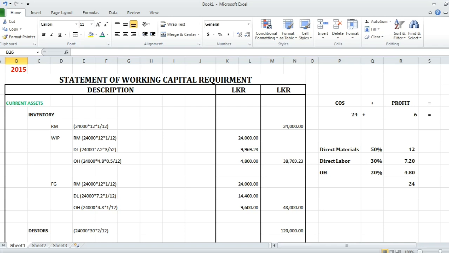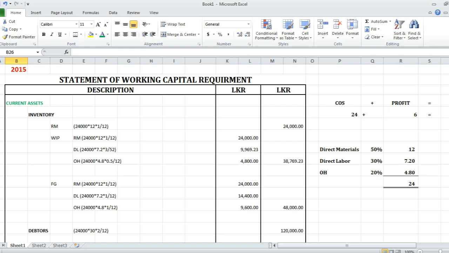Raw material 24,000 production units into 12 rupees direct material cost per unit into 1 month credit period, 1 divided by 12, and direct labor 24,000 production units into 7.2 rupees direct labor cost per unit into 3 weeks, 3 divided by 52 weeks. And overheads value 24,000 production units into overhead cost per unit 4.8 rupees into half month production credit period, 0.5 divided by 12, 4,800 rupees. Total work in progress value is